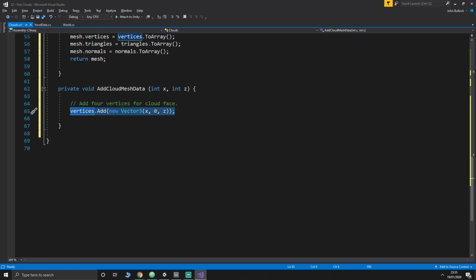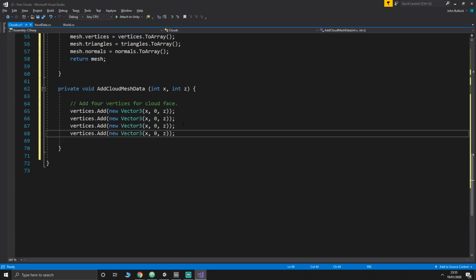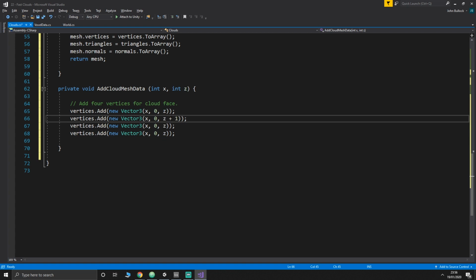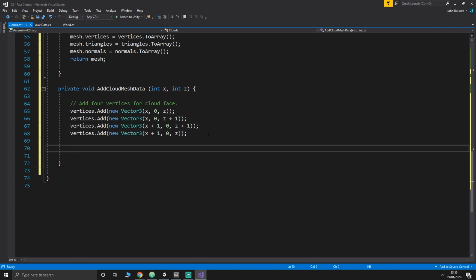Now if we just copy these, because we need to add 4 of these to represent one cubic face, one square, one quad, whatever you want to call it. And then we're just going to go around. So we're going to go bottom left corner, top right corner, bottom right corner. So that is x and z, and then x and z plus 1, and then x plus 1 and z plus 1, and then finally x plus 1. Now for the normals,